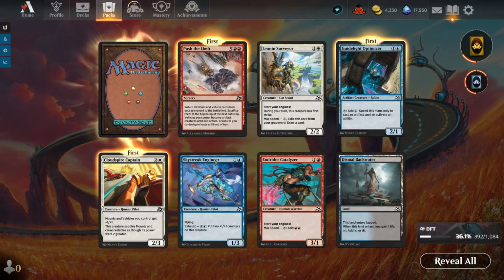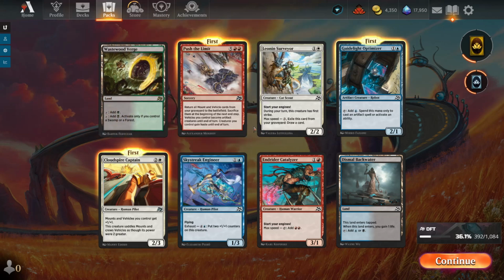Something new, something we ain't got. It's alright. So we got 36.1% of the set. I think if I click on it, I'll actually pull up